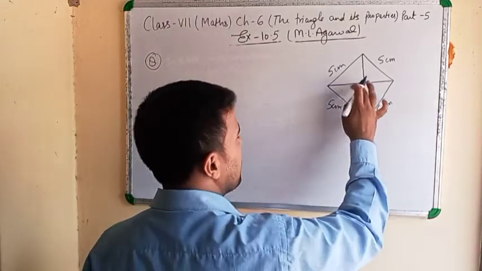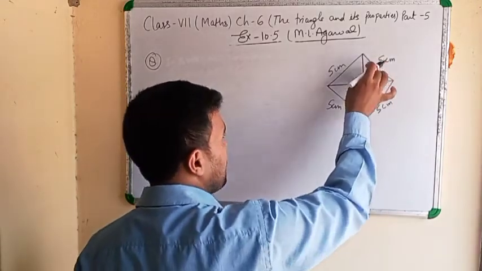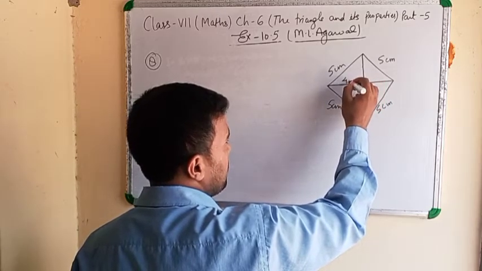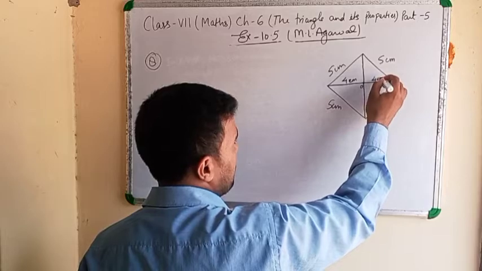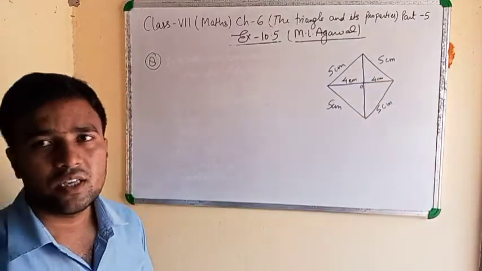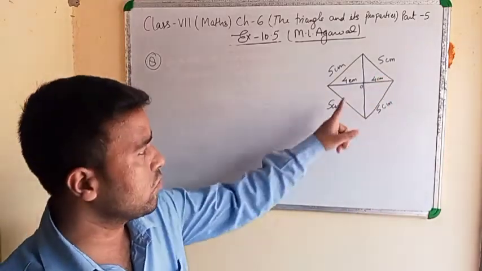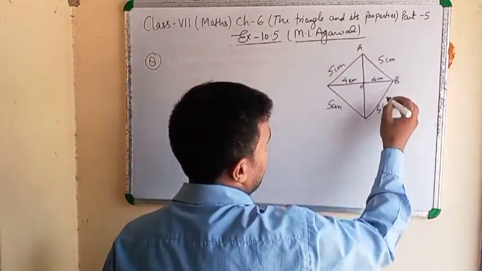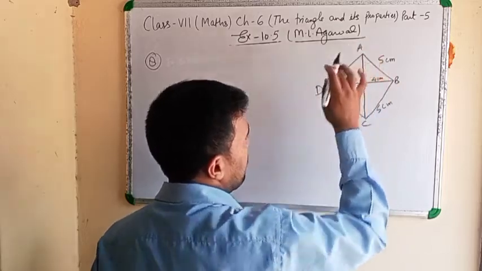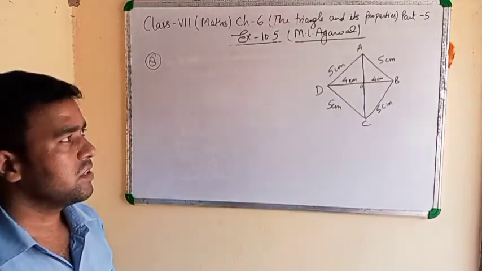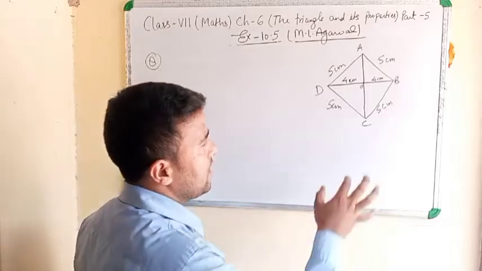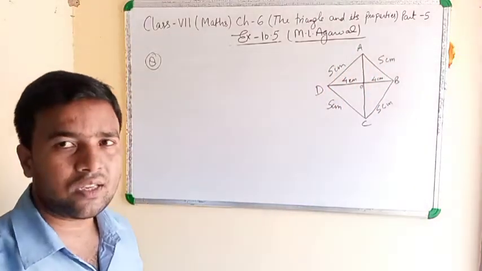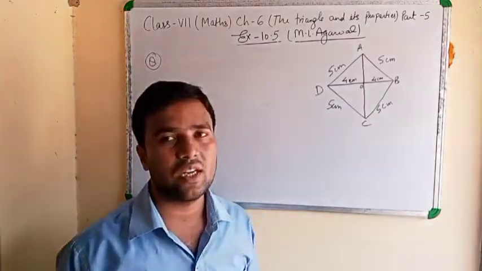If this diagonal length is 8 centimeter and we make the second diagonal, it is divided in two parts, 4 centimeter and 4 centimeter. 8 is divided in two parts, 4. Clear? We are asked this value. A, B, C, D. OA value is asked. So you can take one triangle. If you make two diagonals, you get 4 triangles.